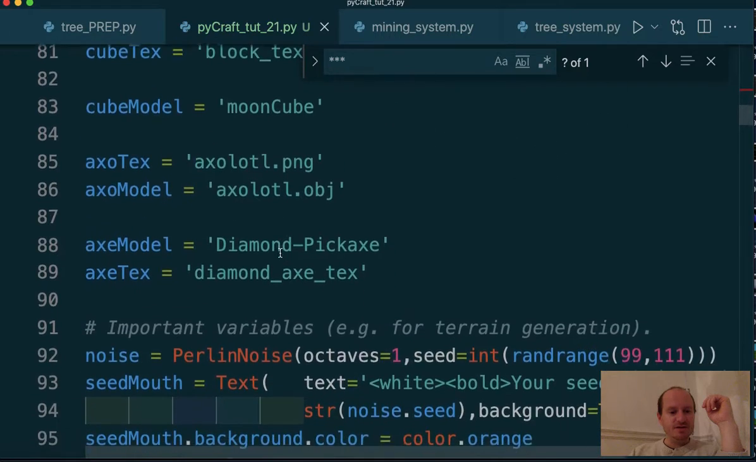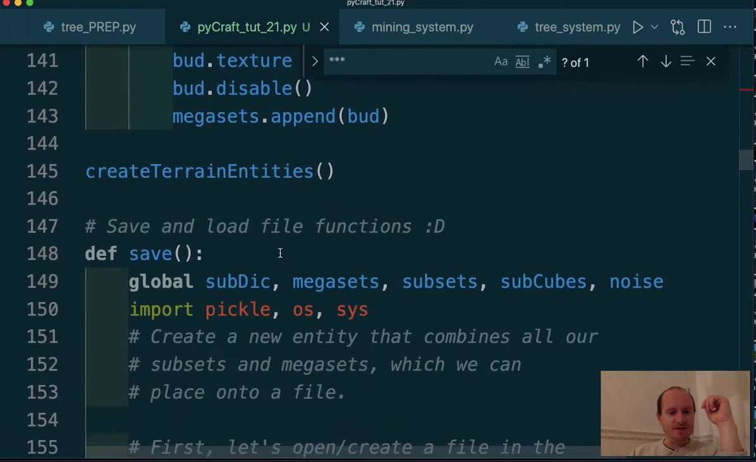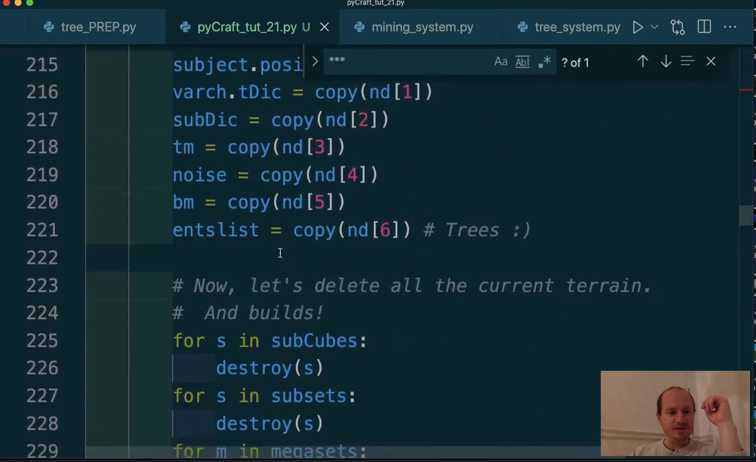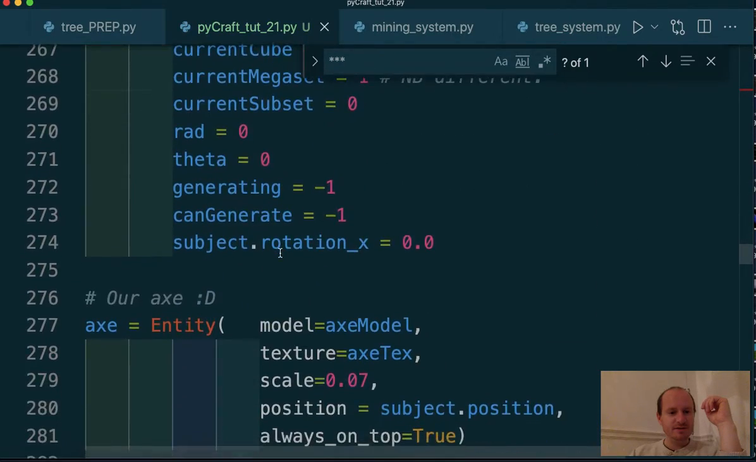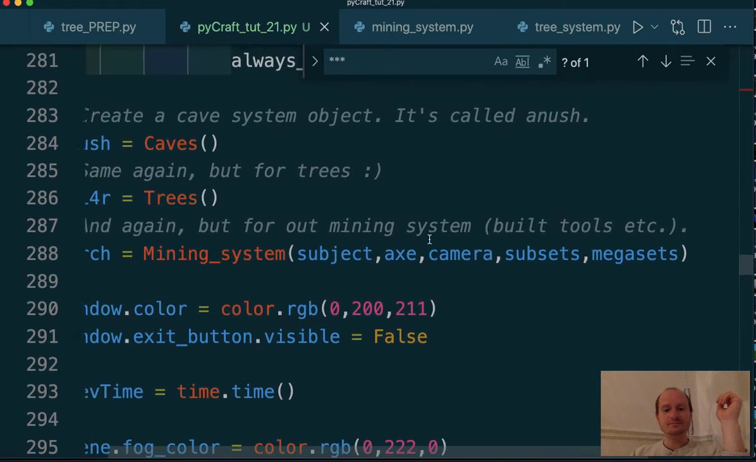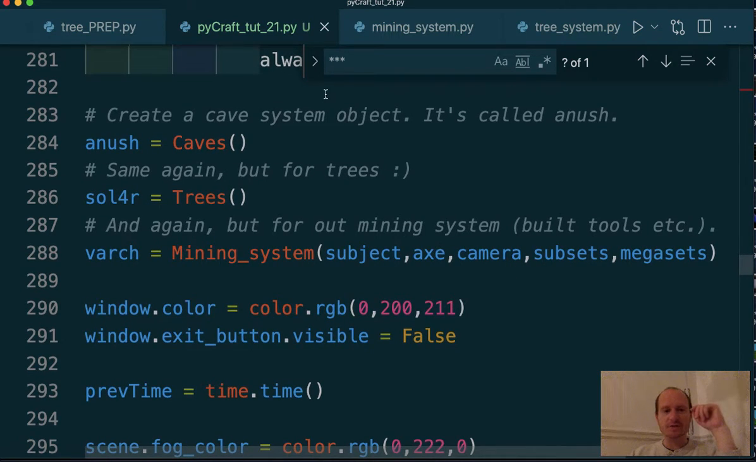If I scroll down, let's just see where I've named Solar as the tree system. Hopefully I haven't gone past it already. There we go. So Anoush is our cave system, which we need to update. Solar is our tree system, and Varch is the mining system. We might need to do that. Oh no, I probably did this last video, megasets on the end here, I hope. Anyway, right. So next thing,